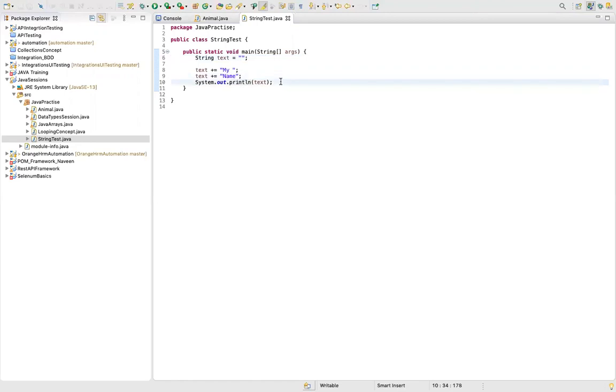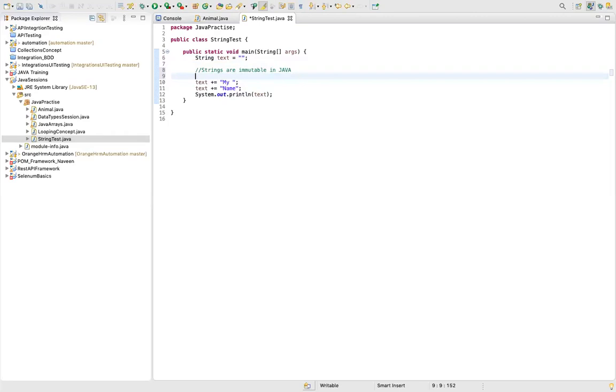People usually don't follow this, because there is one concept about string: strings are immutable in Java. Let me write it over here. When you declare a string variable, strings are immutable in Java. Basically, you cannot change the value of a string; it cannot be modified.